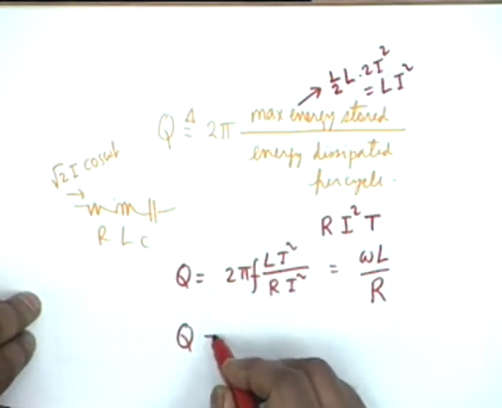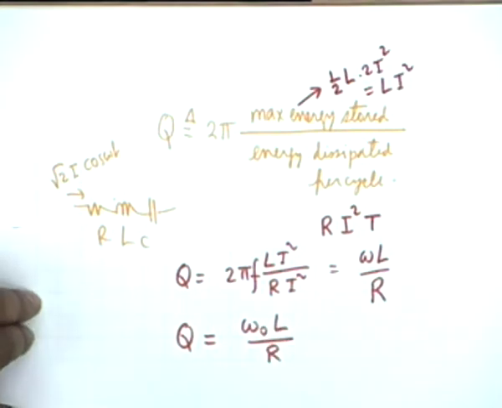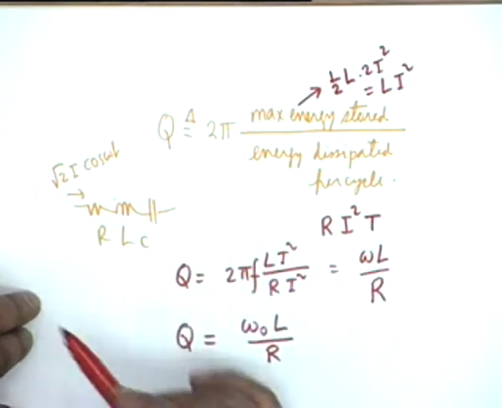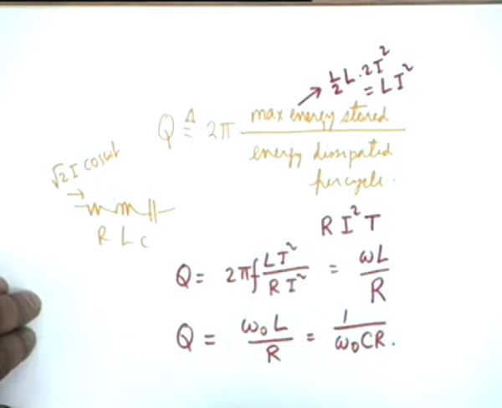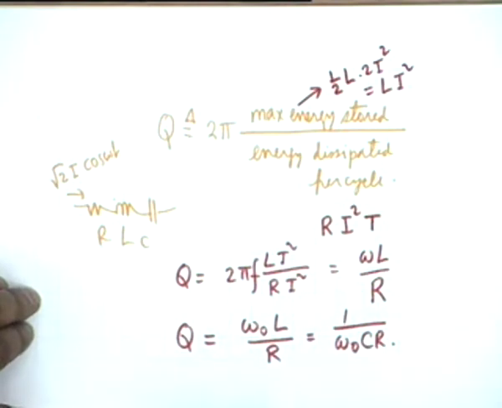In other words, Q at resonance frequency is omega 0 L by R, and from an exactly similar argument we could show that if C was associated with this resistance, then this is simply 1 by omega 0 C R. This also follows from the fact that omega 0 is 1 by square root of L C, and therefore Q of an element is a very useful measure of the quality or the energy storage capability relative